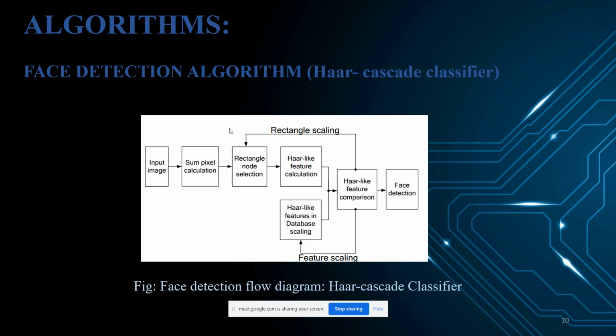Now let us look at the algorithm of the Haar cascade classifier. It is one of the Python libraries. We are using this because it has inbuilt predefined coordinate values such as the length of an eye, the length of the nose, the width of the mouth, and so on. At first, we need to give some input image which contains the face of a person. By using some pixel calculation, the face will be bounded by a rectangle. Then the features will be calculated by seeing the values that are stored in the database, and they will be compared with the database. If the values of the coordinates match, then it will be detected that it is the face of a person, and whether it's real or fake.